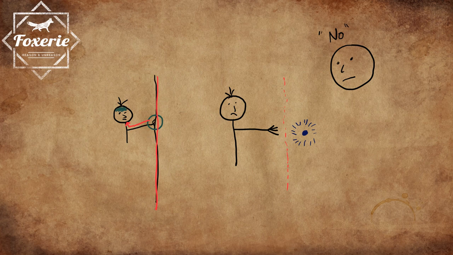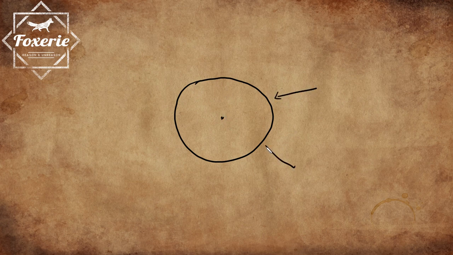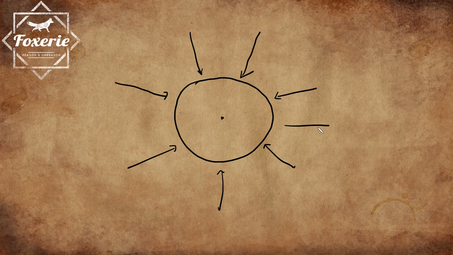Okay, so let's just get rid of that for a sec. All right, so what's going on here? Let's go back to the model of the ego. Actually, let's not go red. I want to go black. Here we go. There's the model we used before. We're returning to it now. And here are all the boundaries coming in like this. The word no, rules, physical boundaries, walls, lava, molten lava. Don't you hate it when you're trying to go to work and there's molten lava? You can't cross it. It's a boundary.